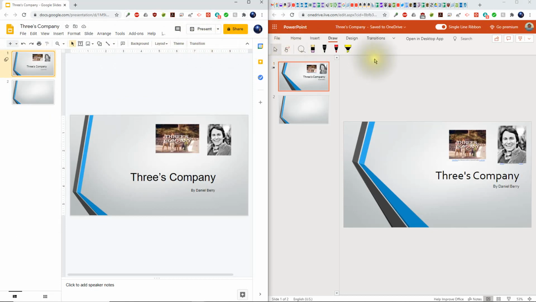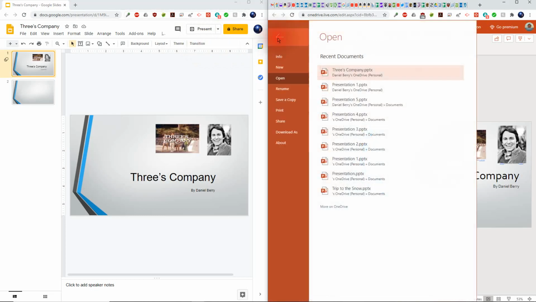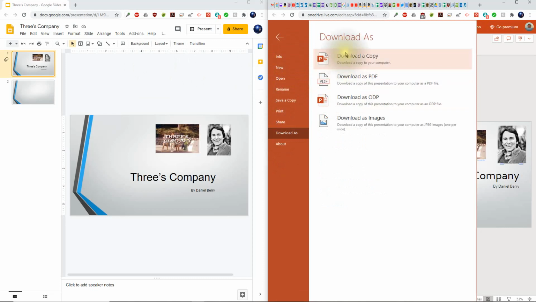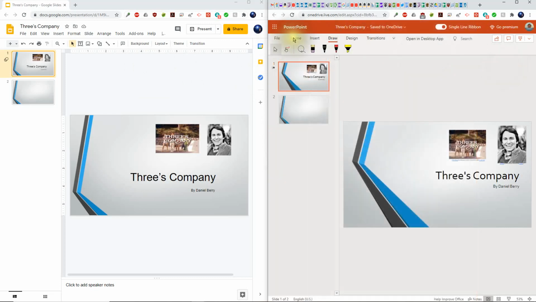Now jumping over here to Microsoft's PowerPoint, if I click on File, it opens up this right here. And you notice I have the same tools and options I had on the other side. So if I download, I can download it as these different types of files. Next is my home. Now the way that Microsoft uses these is we call them banners.